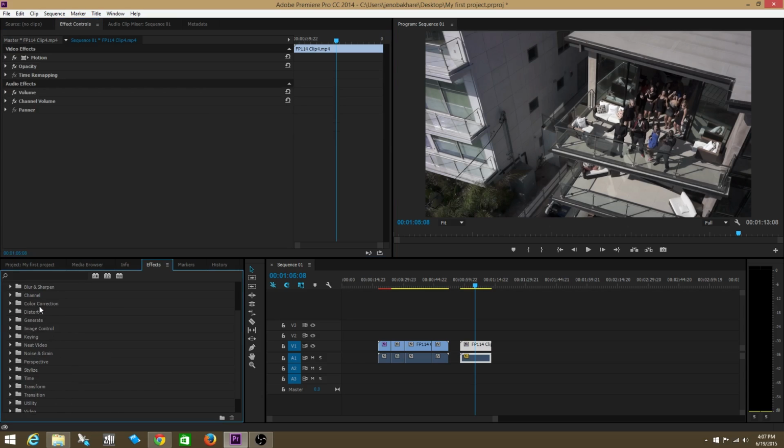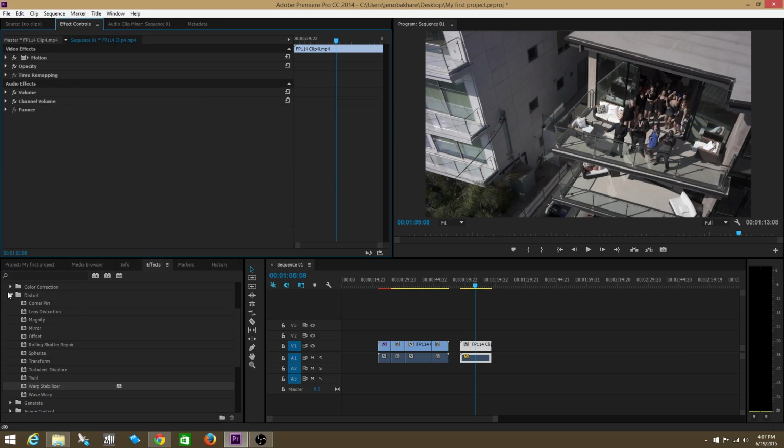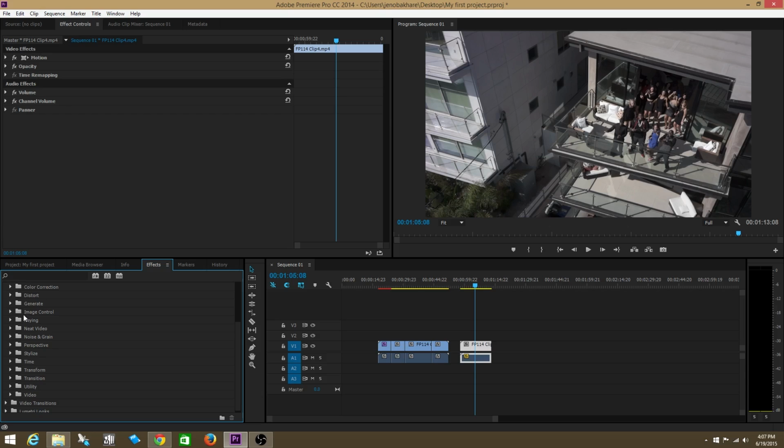Let's move on to distort. In distort you have lots of different types of effects. The only one I usually use in distort is warp stabilizer. If you put this effect on your footage and your footage is shaky, it basically makes it not shaky. It analyzes it and makes it not shaky. Let's delete it for now. All right, let's continue. As you can see, a lot of these effects I actually don't really use. I only use a core